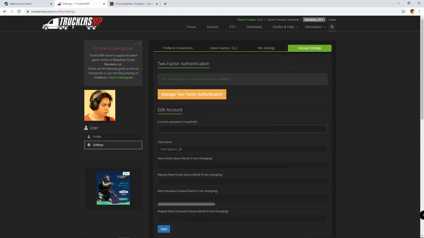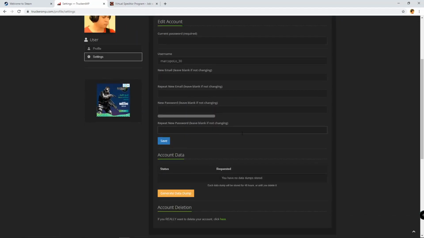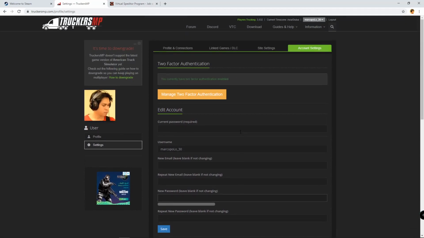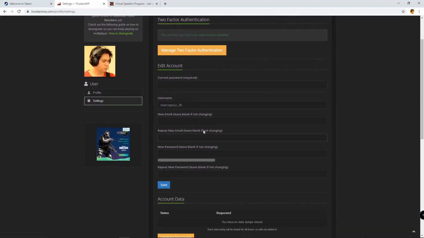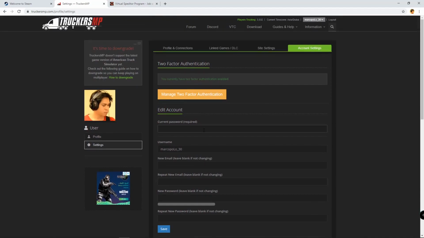In the account settings, you can change your password or your email. I also advise you guys to set up two-factor authentication. You just need to follow the steps. If you don't have two-factor authentication, a notice will appear here at the top of your screen. You need to do that to have a more secure account. So after that,